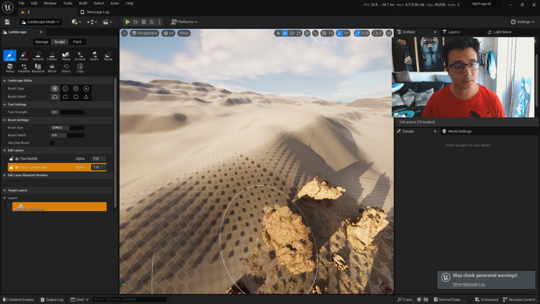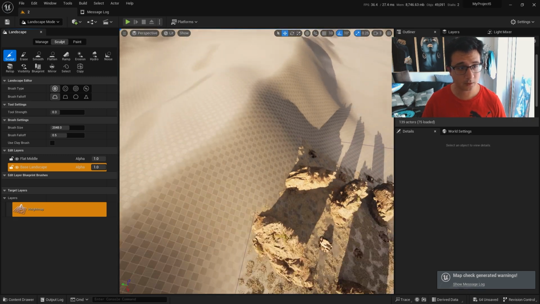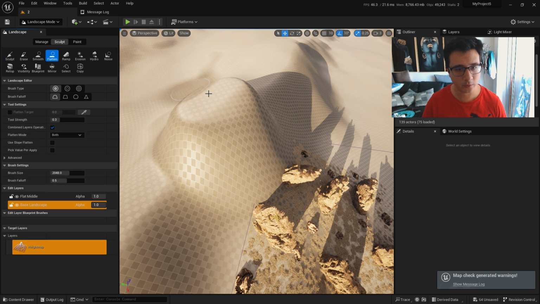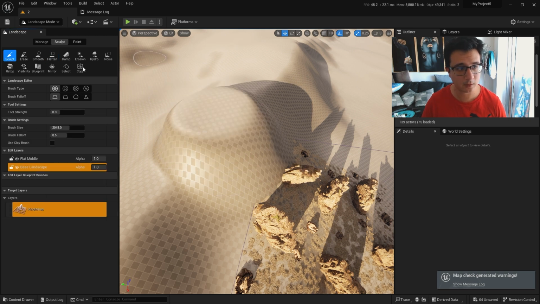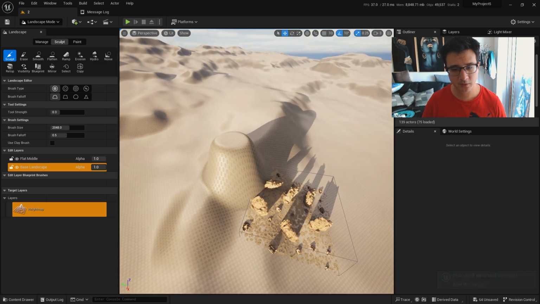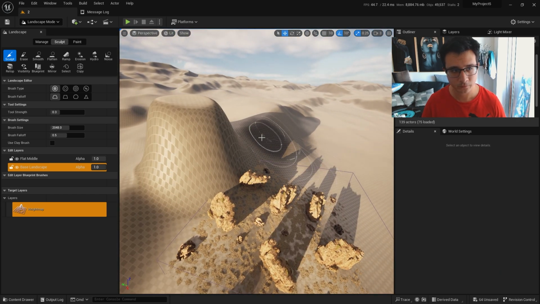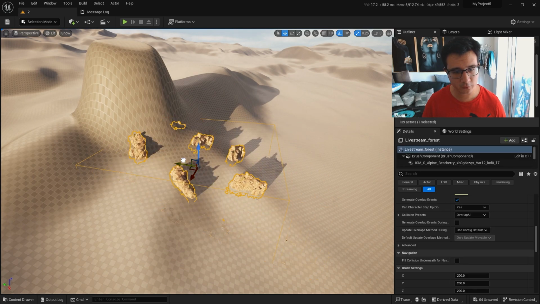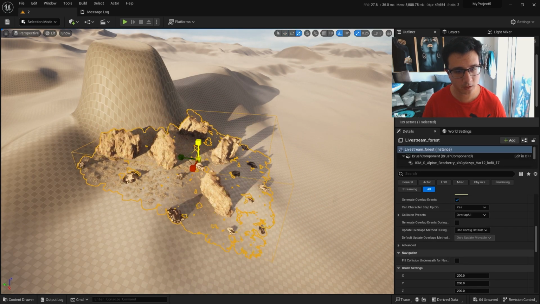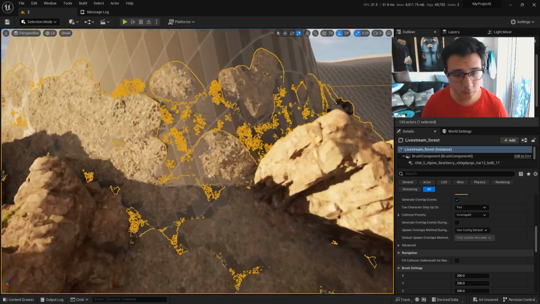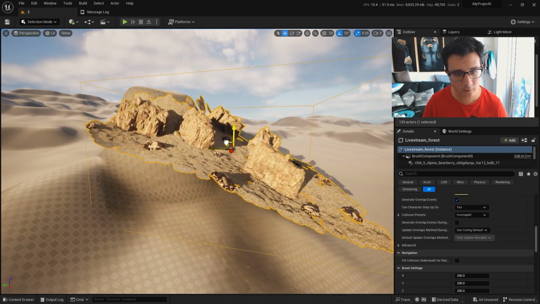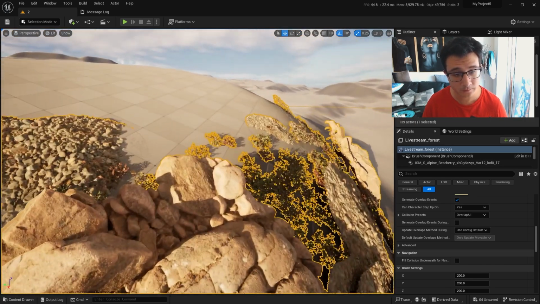Let's go to landscape, and we're gonna sculpt something like this, and we're gonna put a flatten node. Keep sculpting until you have a slope like this. This kind of slope is kind of annoying. If you put your procedural content here, you can make it bigger. You will find that it actually works fine here, but if you put it in this area,